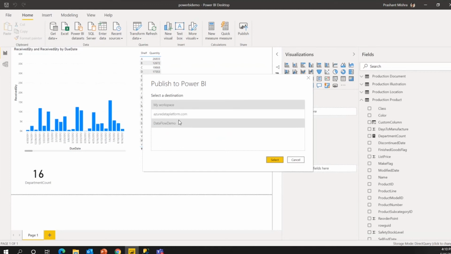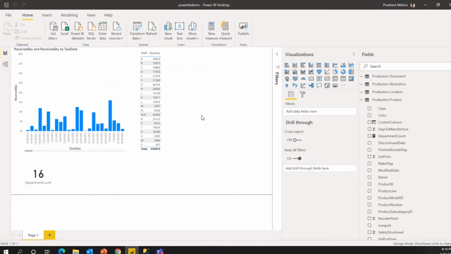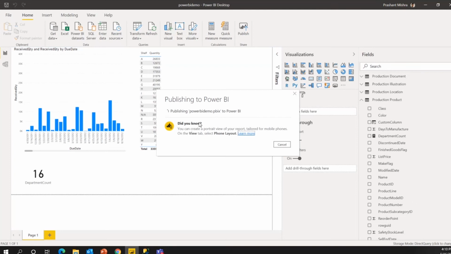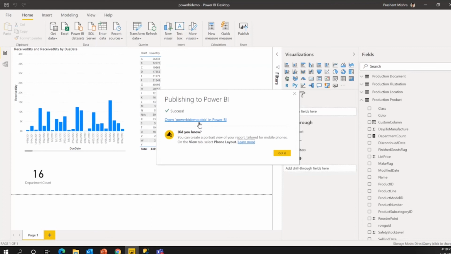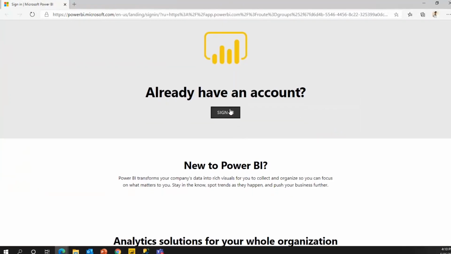I already have these many workspaces created, so I will publish it to the Azure Data Platform workspace. It will take a couple of minutes and then it will publish. Done. Once it is published, it will ask you to open in Power BI. I clicked on this and now it will ask me to sign in.